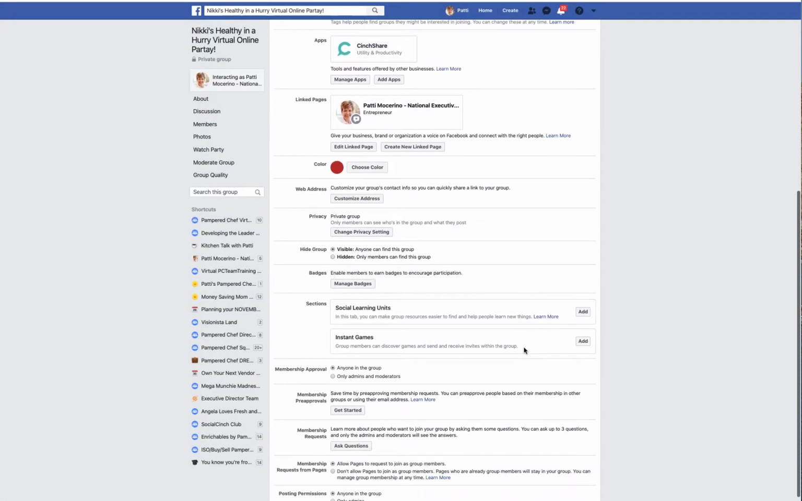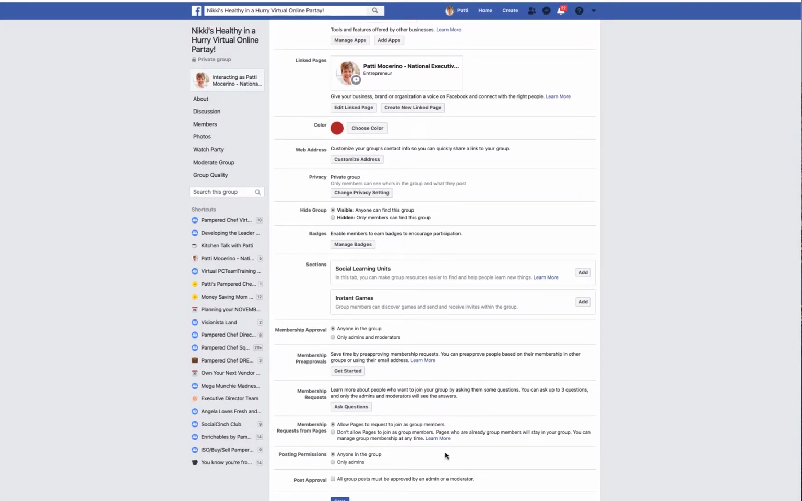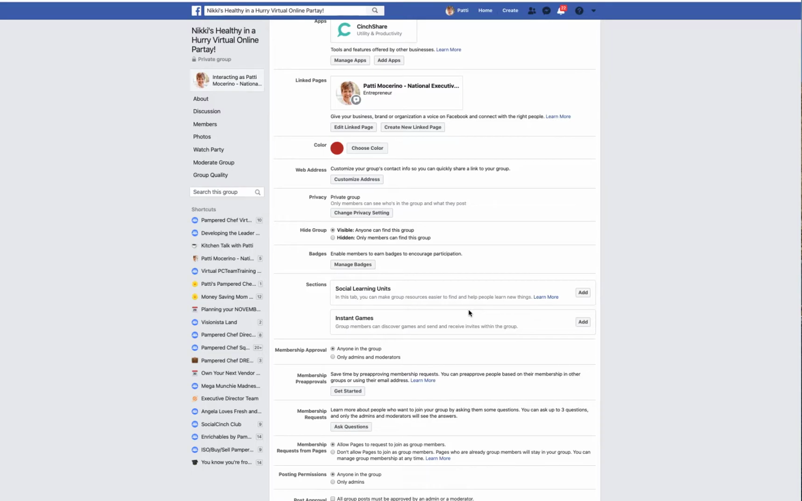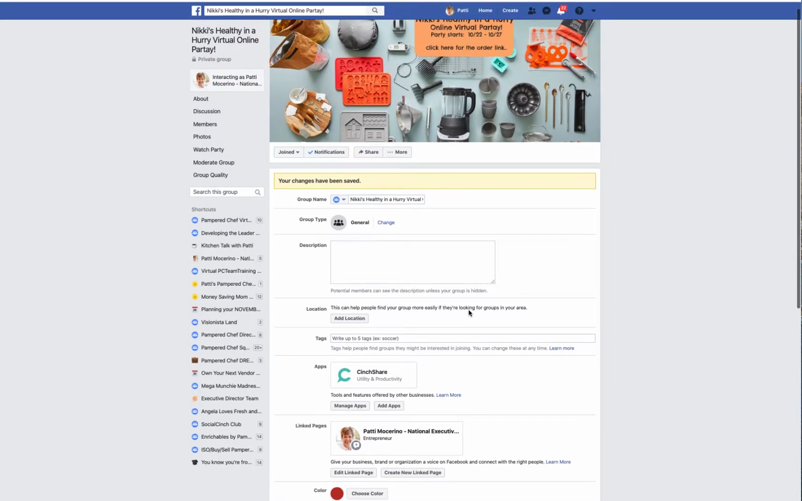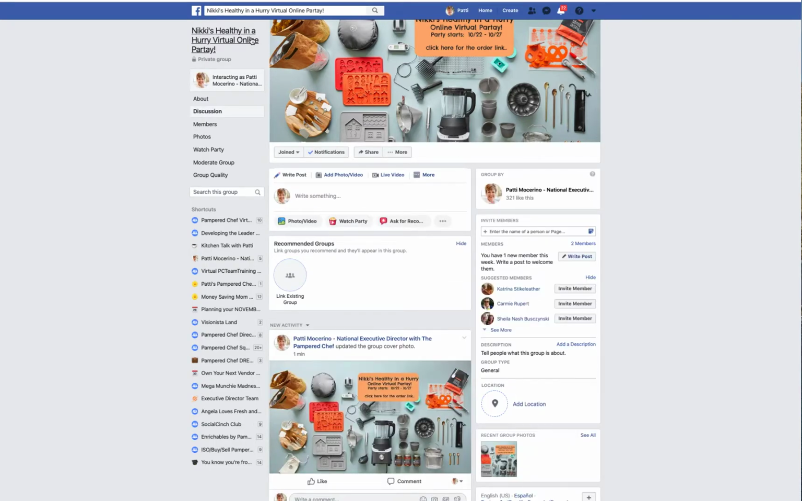You can use any of those, and in order for me to have these changes saved, at the very bottom there it's the word saved, and I just want to make sure that it's saved, and up here it says your changes have been saved. So we're going to go back out there, and we are going to